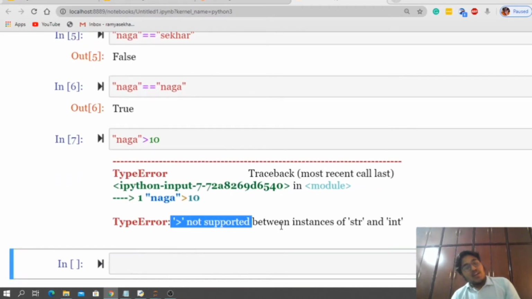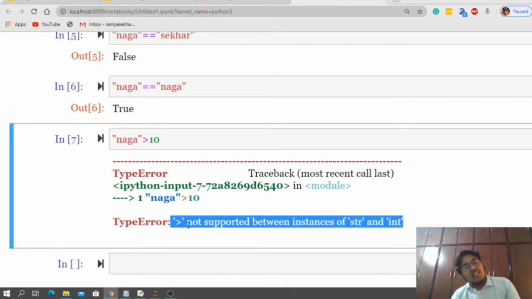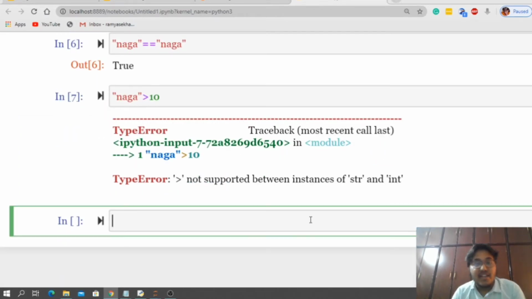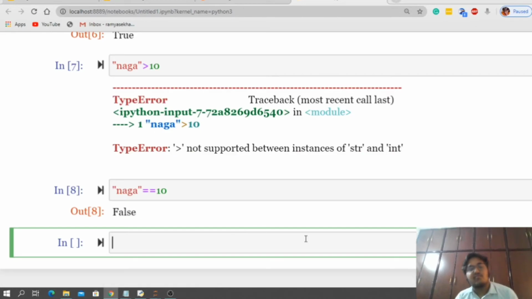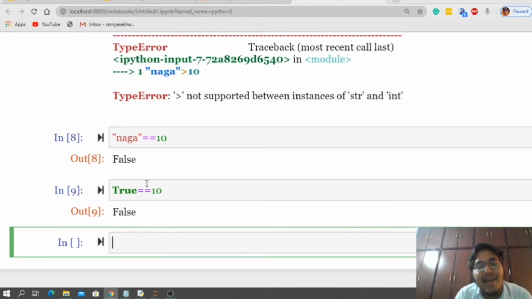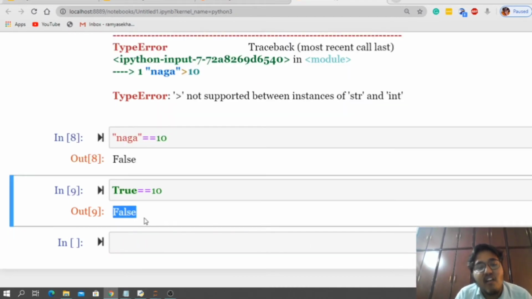We are going to get an error, because the greater than symbol is not applicable for string and int. But in the case of equal to, it is not the case. We can apply it on both types of data. See, this is also possible. Why are we not getting an error here? If they are incompatible types, we get false as the output. See, true is equivalent to 10, an incompatible type. That is the reason we are getting false.